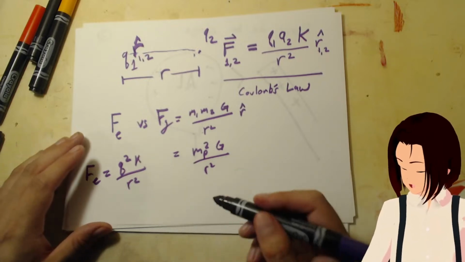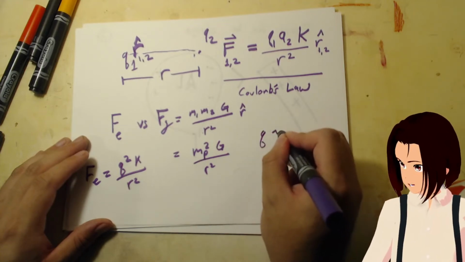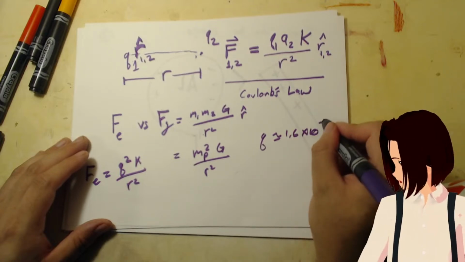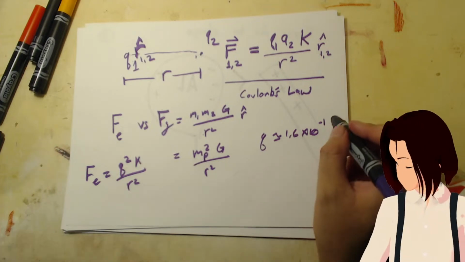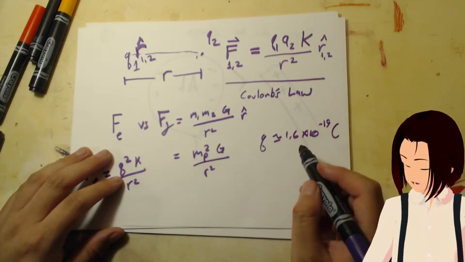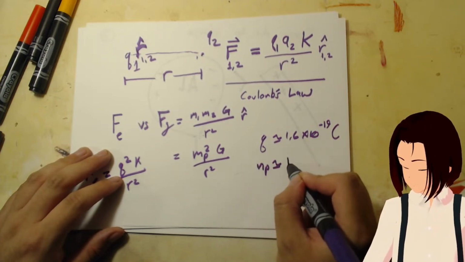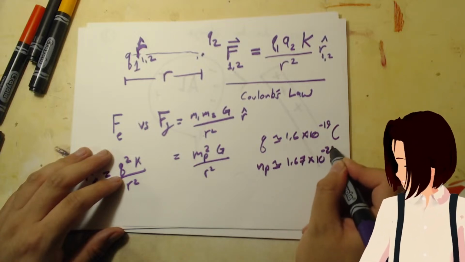By the way, we know that the charge of a proton is equal to 1.6 times 10 to the negative 19 coulombs. And we also understand the mass of a proton is about 1.67 times 10 to the negative 27